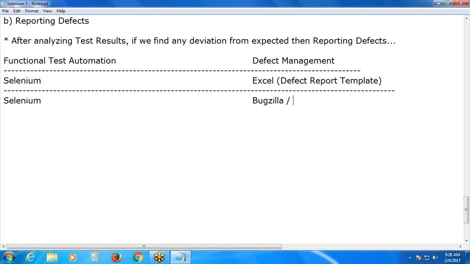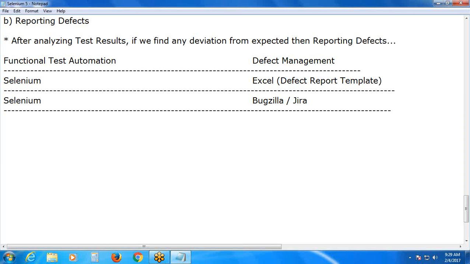For test management, Jira, any one, not multiple. Then what is the defect management process, the reporting process? After analyzing test results in Selenium, if you find any deviation from expected, then launch the defect management tool, Bugzilla or